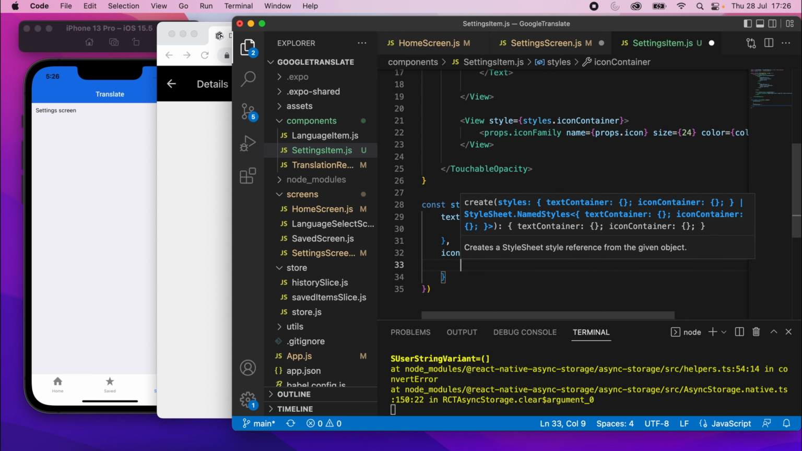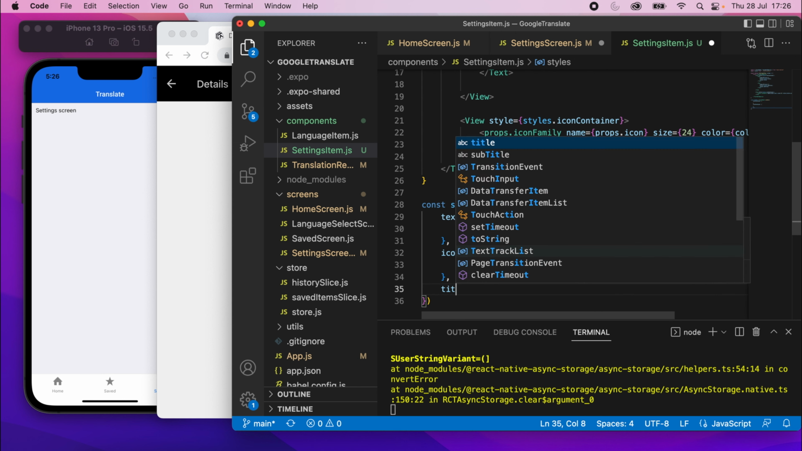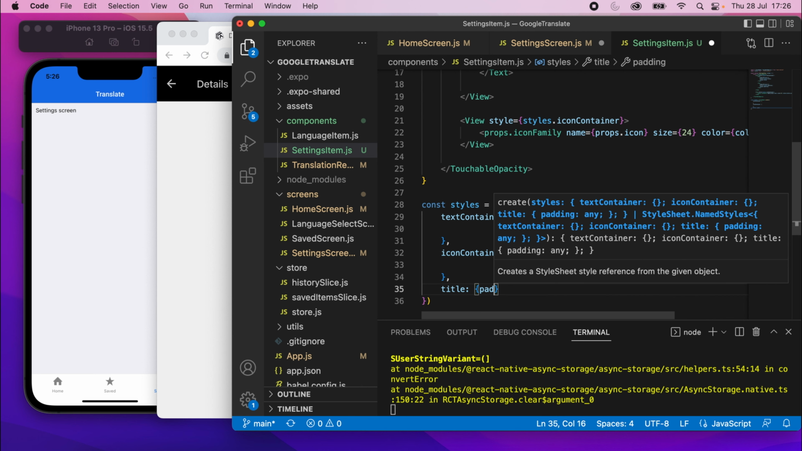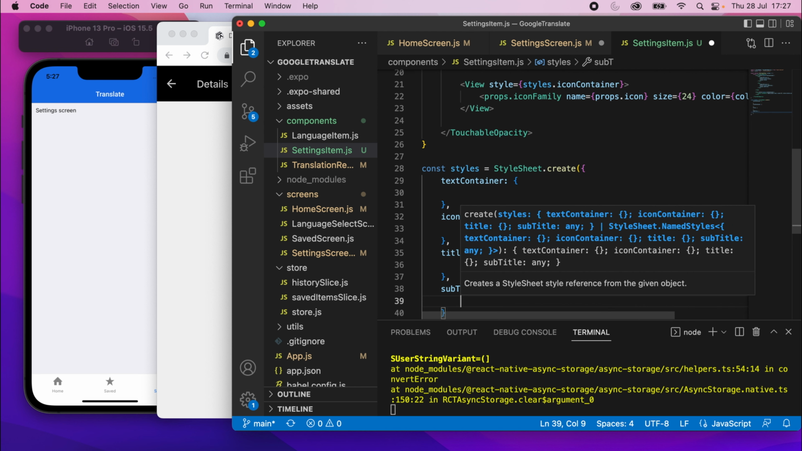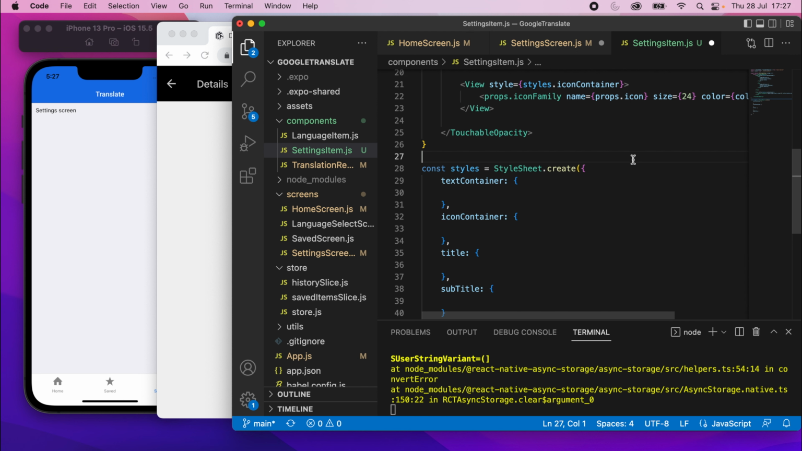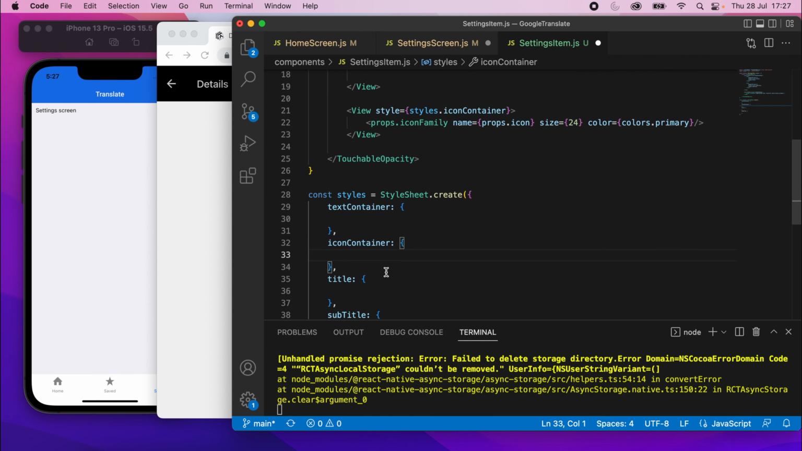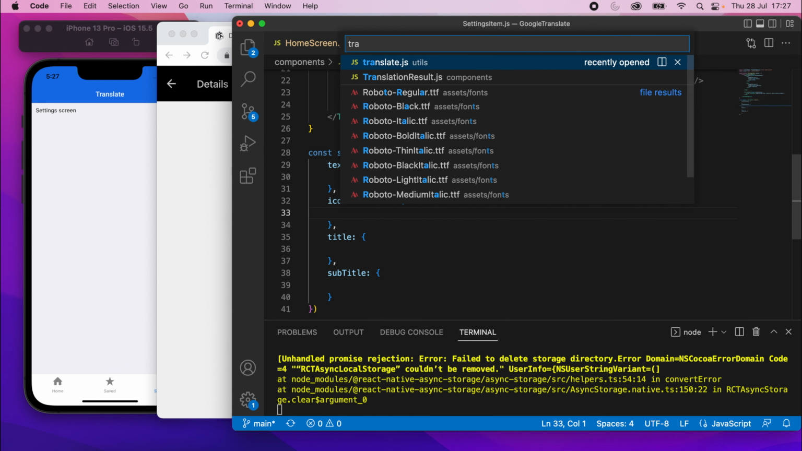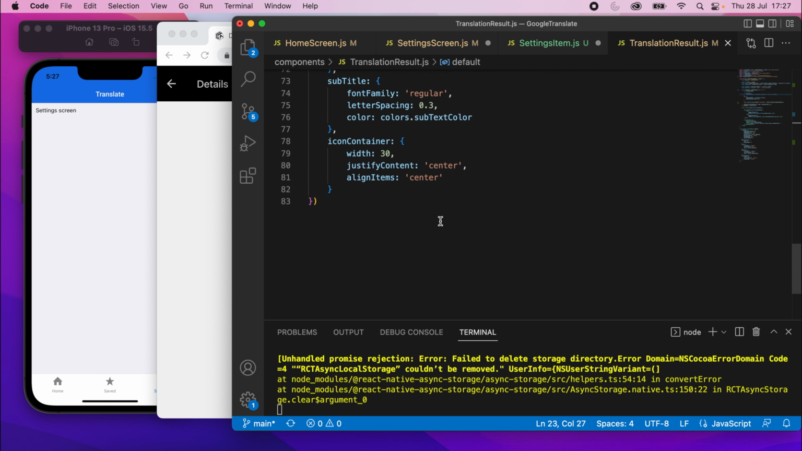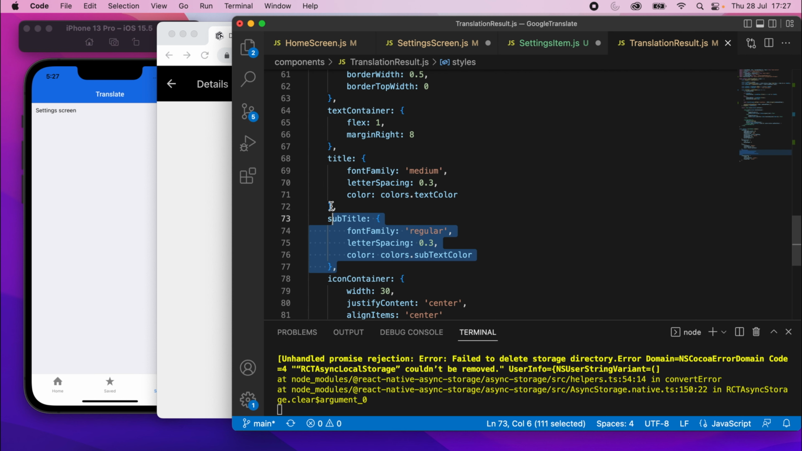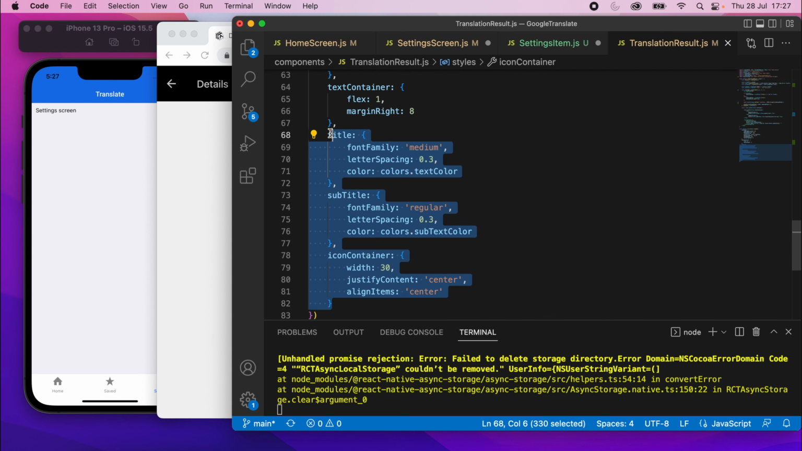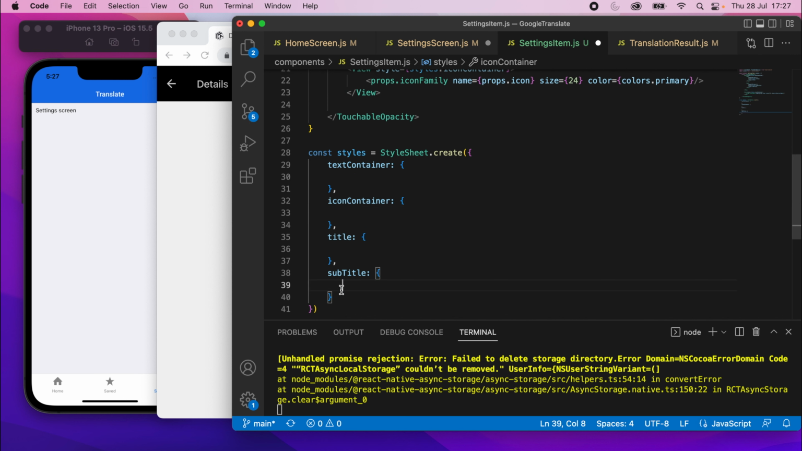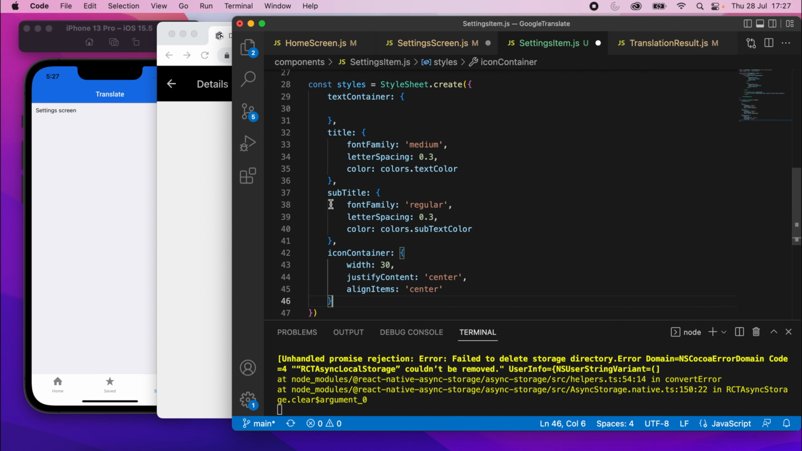Oops, and I forgot to add the ones for title and subtitle. So title, oops, and then subtitle. Cool, and I think this might be very similar to what we did in the translation result. So let me go to that and scroll down and just check it. We have a title and subtitle, so I'll take those. To be fair, we have an icon container as well. I'm going to take that too. I'll take icon container, subtitle, and title, copy that from translation result, and I'll go to here, and I'll just replace those 3 with that, and I'll just check whether we want